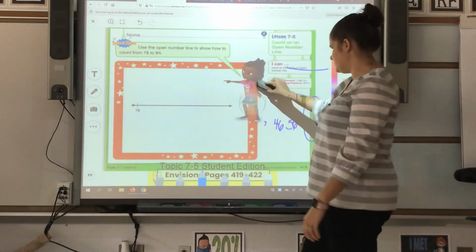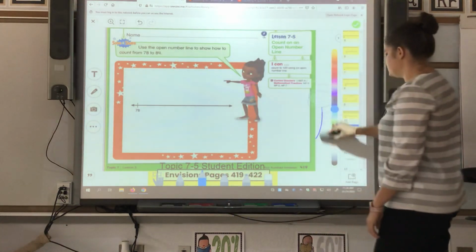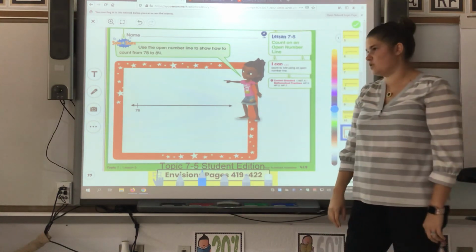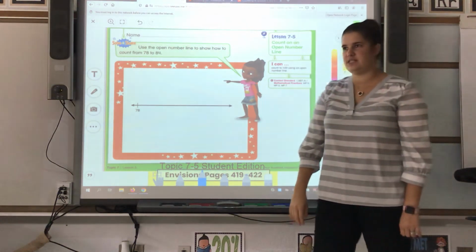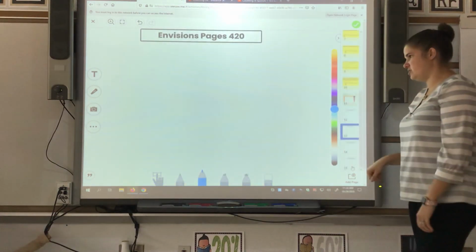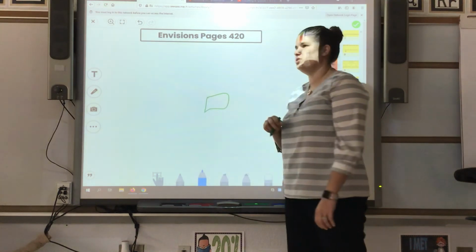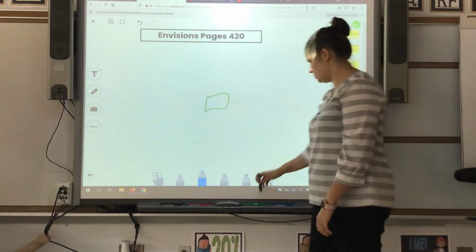Your job for today is to complete Envision's pages 419, 420, 421, and 422. There are pages for you to upload each. Please do not draw it small right here in the middle of the screen. We want it to take up the whole screen so that we